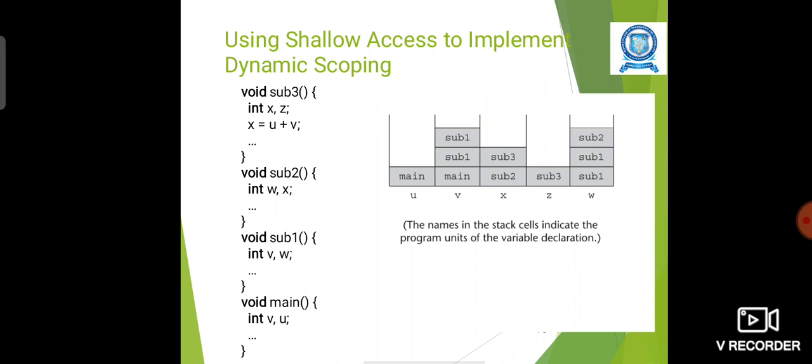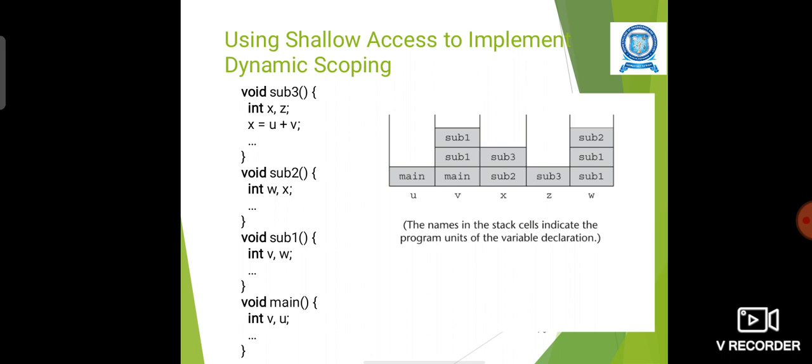So in this example there are the blocks sub3, sub2, sub1 and main, and there are some variable declarations. The variables are used inside the individual subs, individual blocks, and some arithmetic operations are performed inside the blocks. So in the activation record,